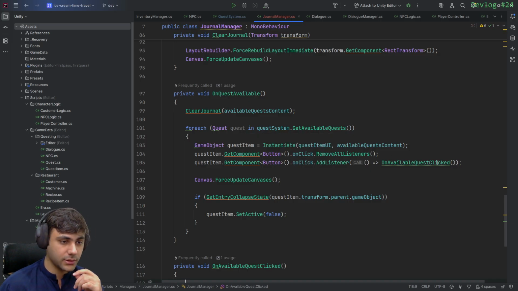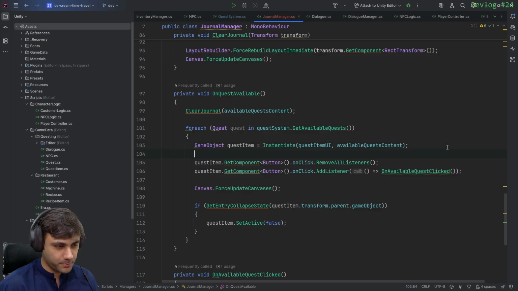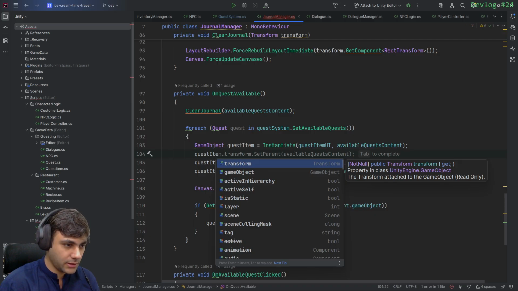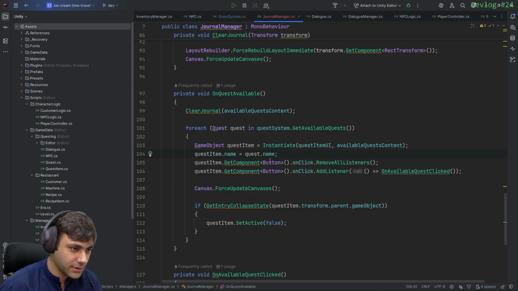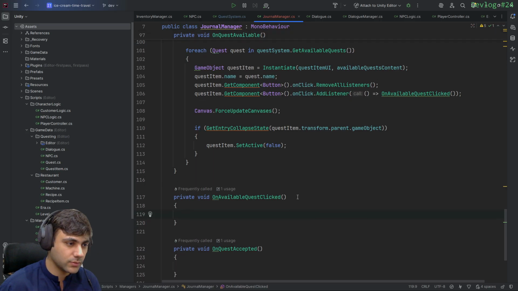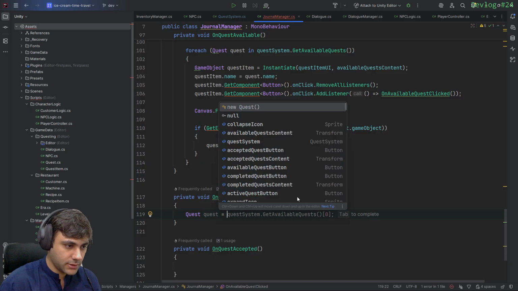I do have a reference to request, but I can do a small thing like change this to the name of the quest and then comparing them inside this. But quest is equal to